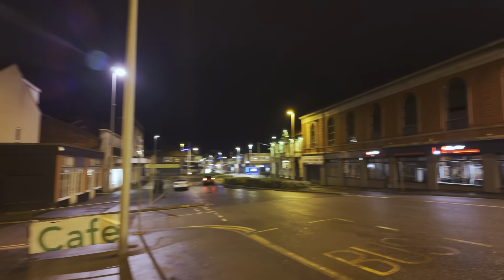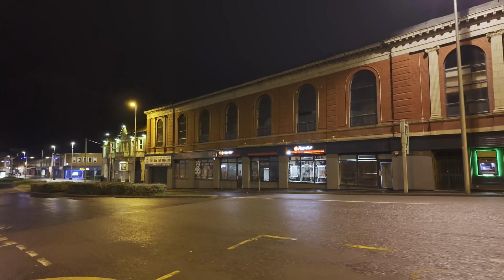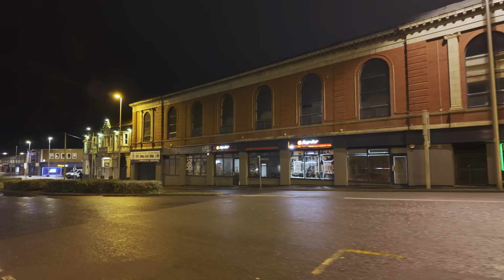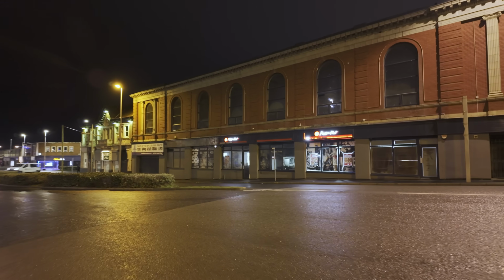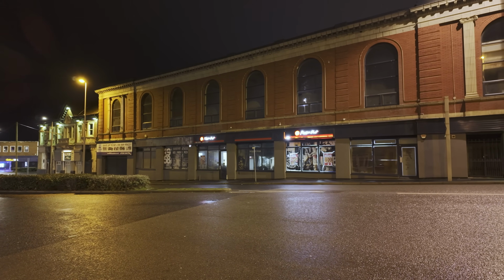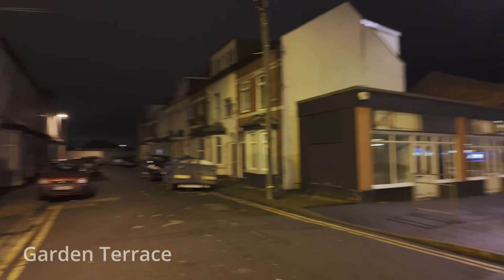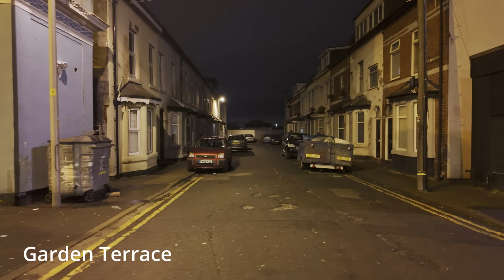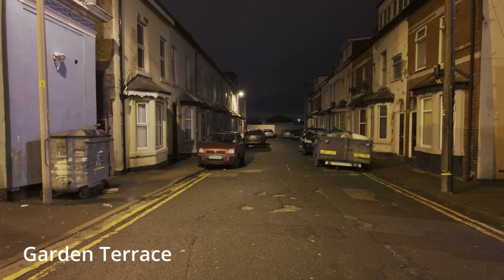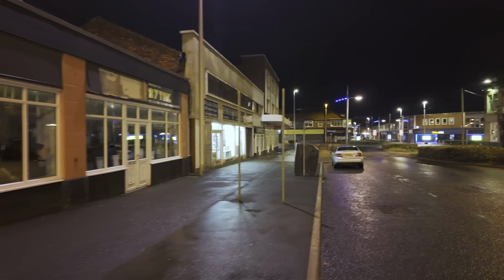Just over the road we've got the old Palladium Theatre. It was a bingo in its later life. Yeah, my mum went to that bingo. It's in use now. It's got businesses on the bottom floor and it's also got a gym on. It's got a gym on the top floor, has it? I think. This road here is called Garden Terrace. Interesting little street. Just goes up to a dead end there. Yeah. So it's all quiet tonight